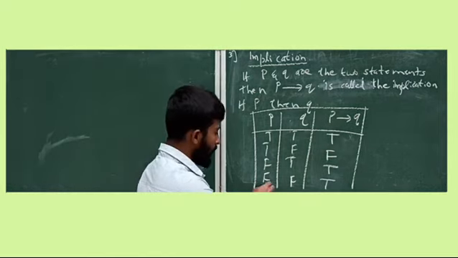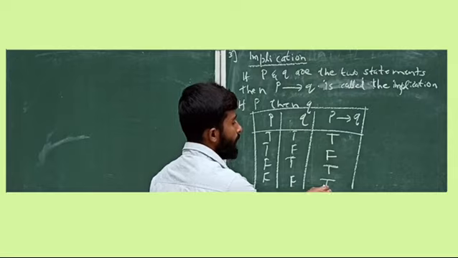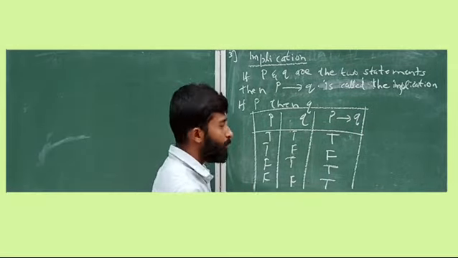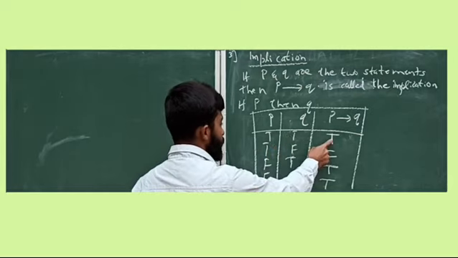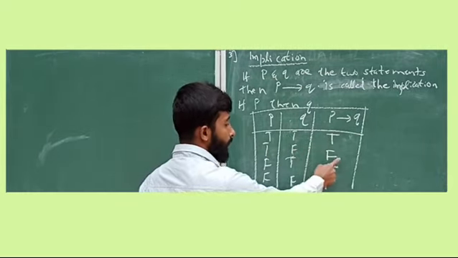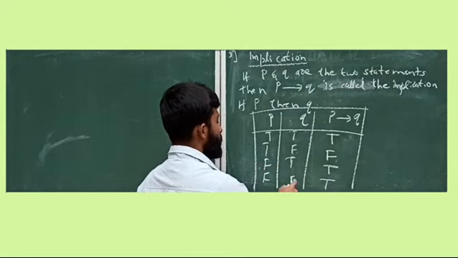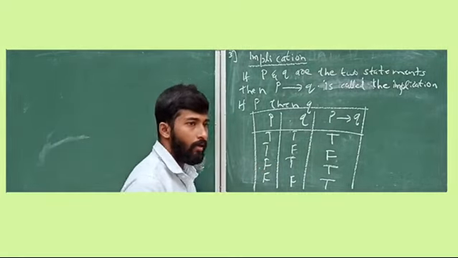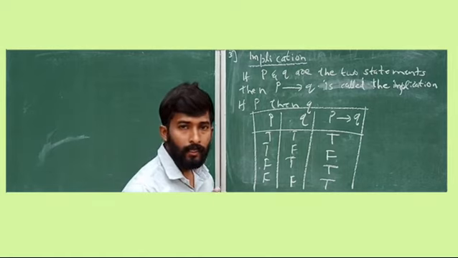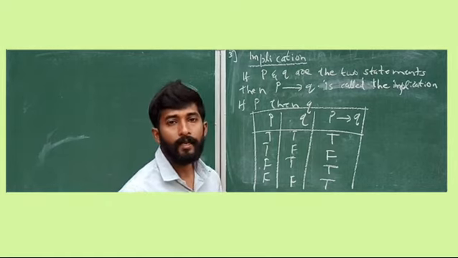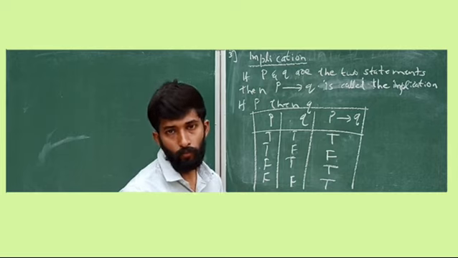Here, very important, see, false implies true is true in implication. It's a mathematical convention. Again, in implication, true implies true is true, true false is false. False true is true, false false is true. Remember, only when Q is false (with P true) is the implication statement false. In all other cases, your statement is true.